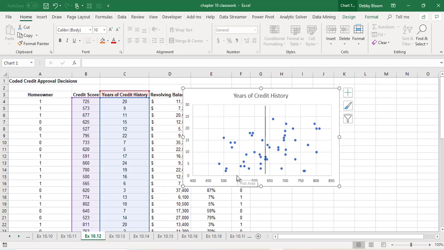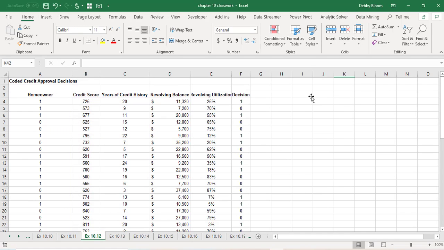represent a no. So with discriminant analysis, what we're going to do is basically a regression. We're going to do a regression equation for all of the yeses, and we're going to do another regression equation for all of the nos. So then what happens is when we score data, we get the results of both equations, which gives us a probability of the new data belonging to either the yes group or the no group. So I'm just going to delete this chart right now because we don't need it, and let's go into our